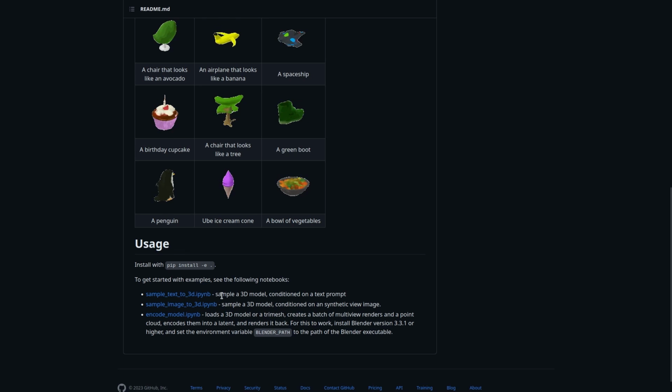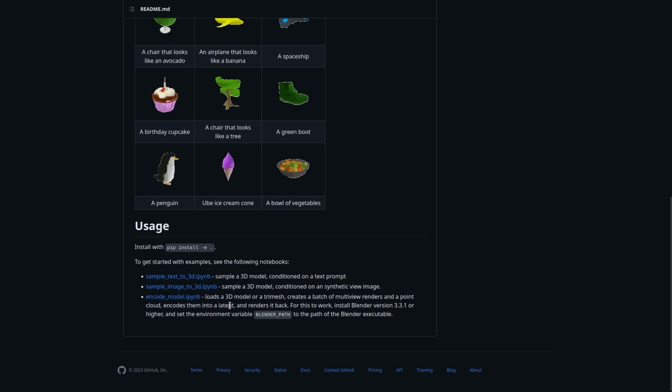Today I will show you how to use the sample text to 3D, but you can also use images to generate 3D objects, and load a 3D model to get a description. So it basically loads a 3D model and creates another 3D model based on it. I don't find that so useful, so we're going to choose the sample text to 3D.